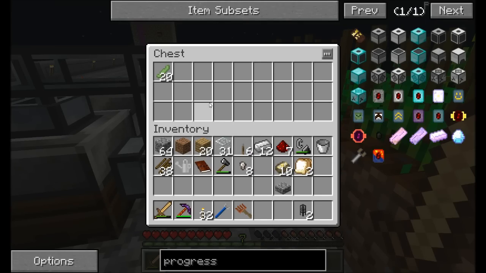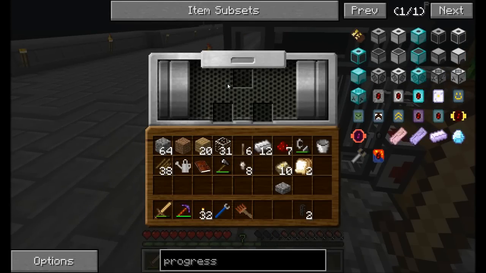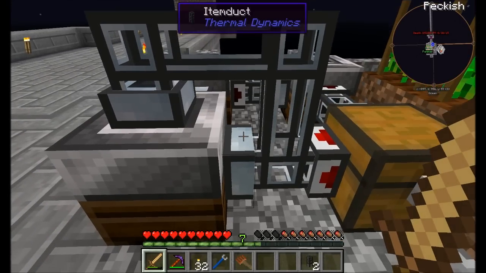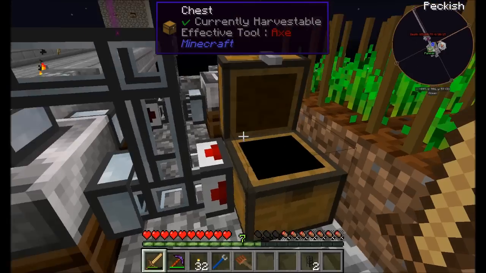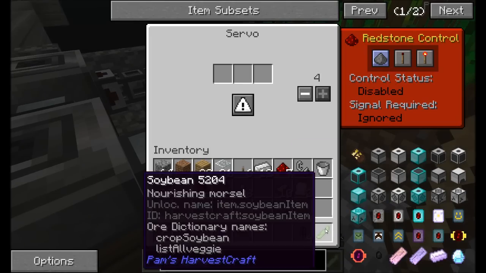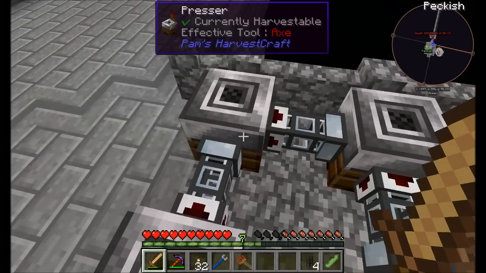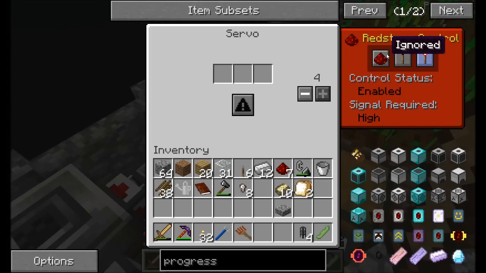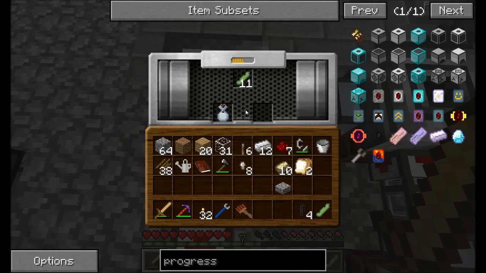Okay, well that's a good amount of string. Now I need to get power and stuff set up. And a servo. Are pressers automatable? I believe so. Oh, right, I have to put that actually in there. Okay. Hold on. I didn't put the soybean in the whitelist. That's why. There we go. Cool. And you can be set to ignored, and you can be set to ignored, and you can be set to ignored. And what this should do then is soy milk, hopefully,